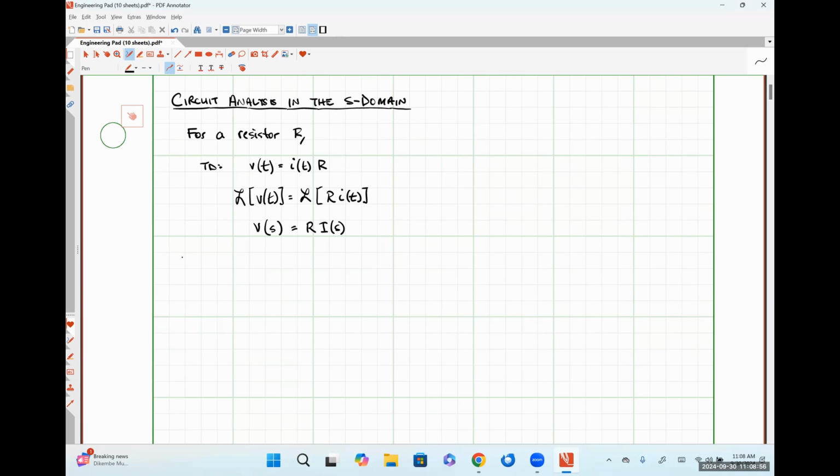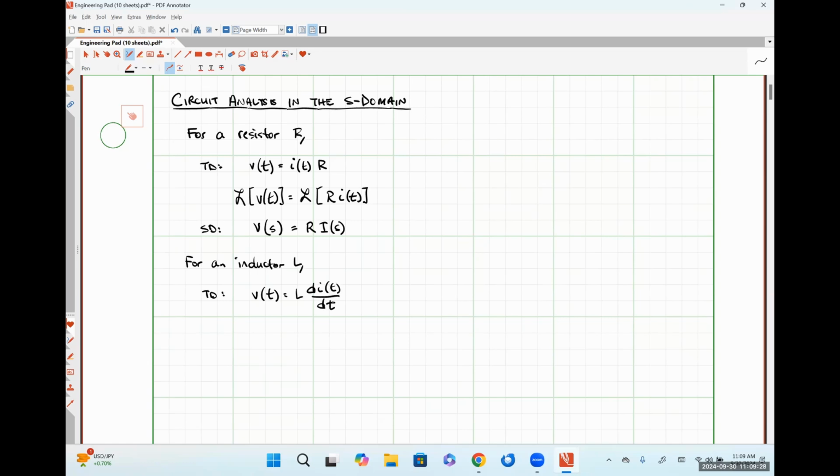So now let's look at an inductor. For an inductor L, this will be the Laplace domain, or S domain, version. In the time domain, we know that the voltage drop across an inductor is equal to L times the derivative